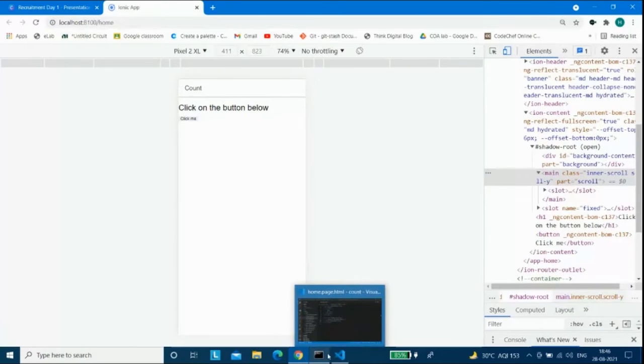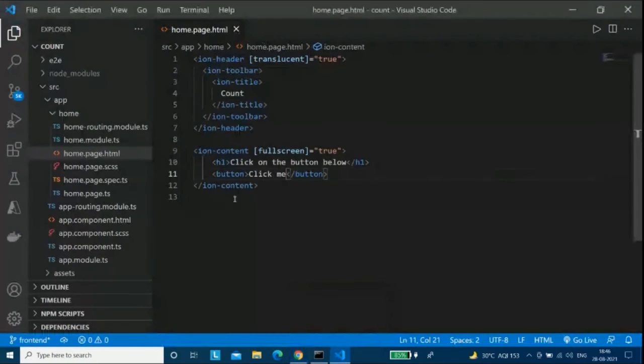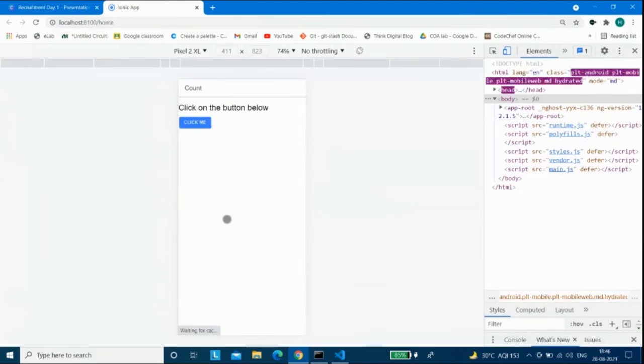So what we are going to do is use ion-button. What ion-button is going to do is give it some basic CSS which is going to make it look better. So I have changed this button to ion-button. I've saved it, and as you can see, this is how this button looks. Very different. It looks great. Blue background, white color, and it has some shading on the right and bottom side, as you can see. And as I click on it, it shows some effect, right? You might be able to notice that. So right, this is the thing.